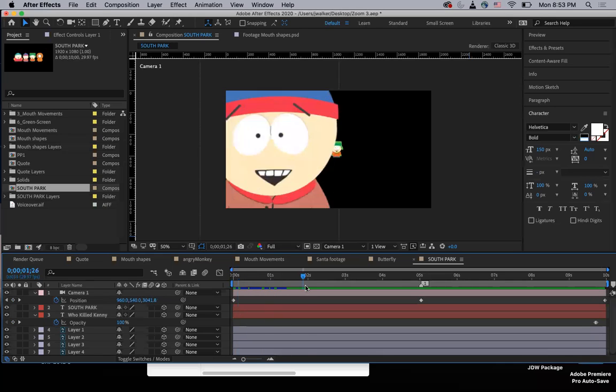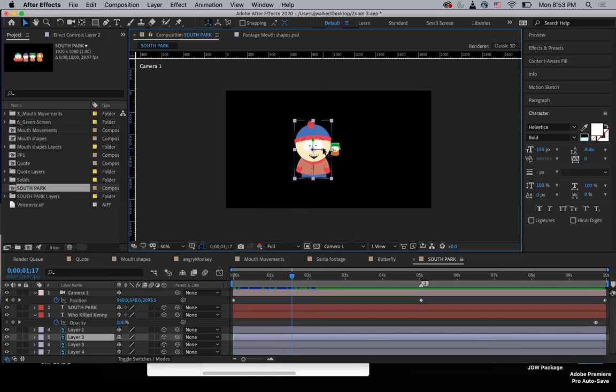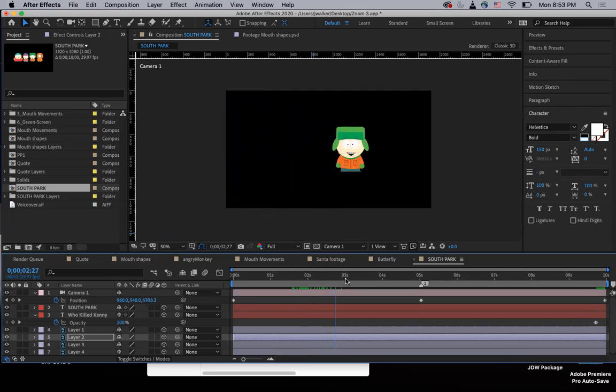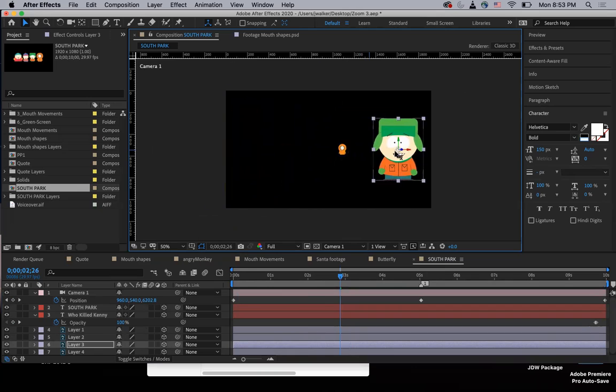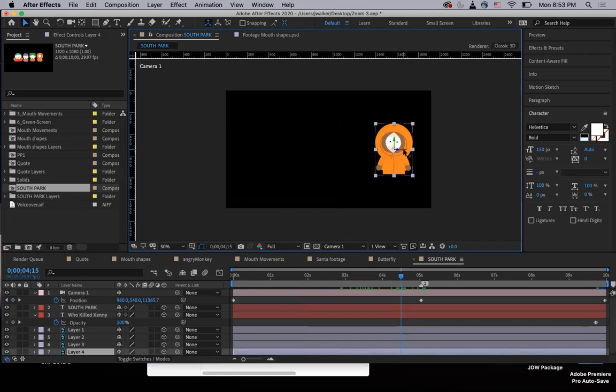Now, if I'm not happy with how it looks when it's coming in, let's say I don't like this happening, I can back it up just a little bit. Since there are no keyframes on these guys, I just move them. I can move him over just a little bit so that the camera doesn't smush his face. Same thing with this one. And maybe I want him to be a little bit closer to the camera. I'll move him over just a little bit. I'm using the red arrow, which is the